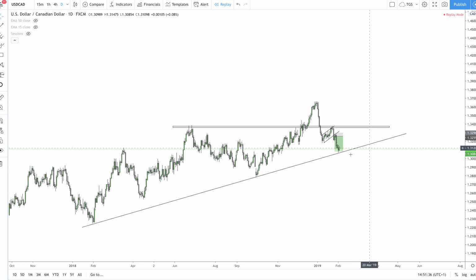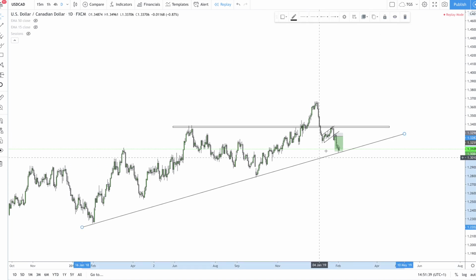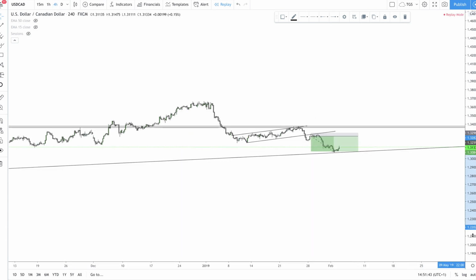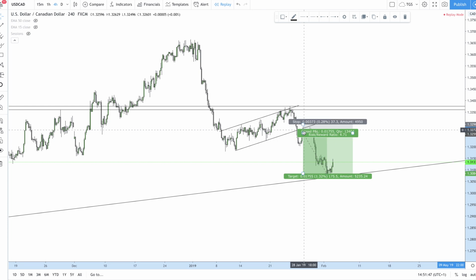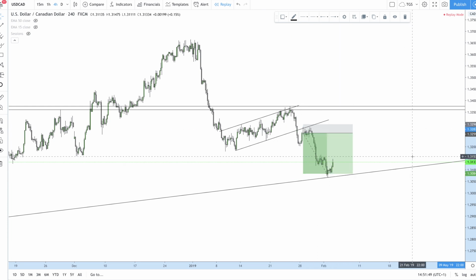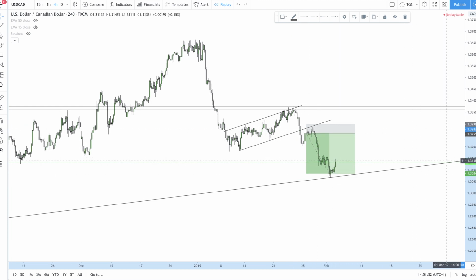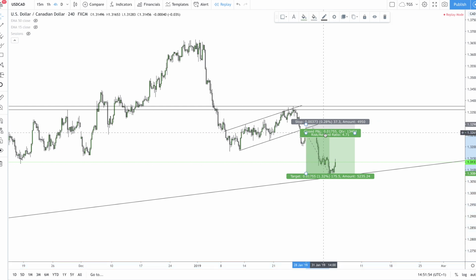We can see 1, 2, potential third touch, which we got here. You can see we got it there. Then we went down the time frame to the 4-hourly. Then of course, we marked our next uptrend. Once that broke out and retested, what did we do? We took the trade. So just using trend lines to our advantage of exactly where to enter the market once